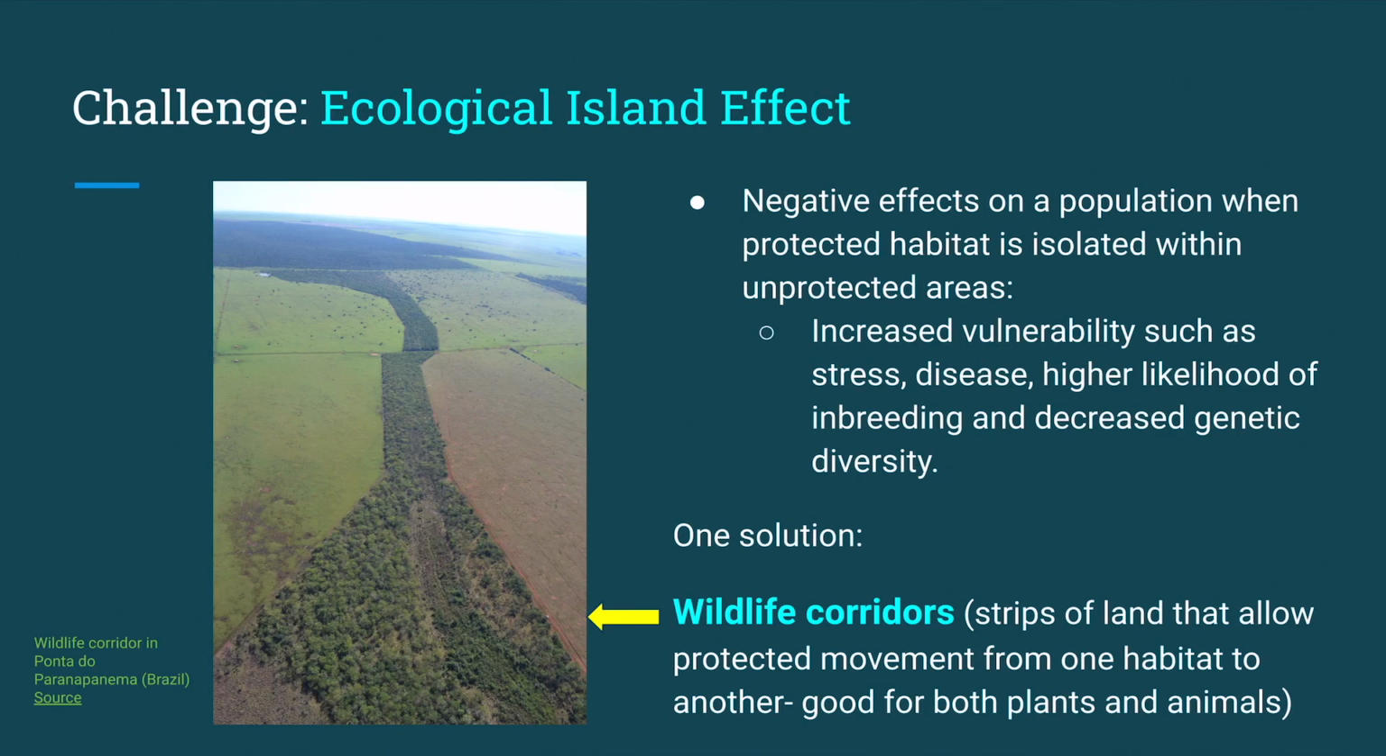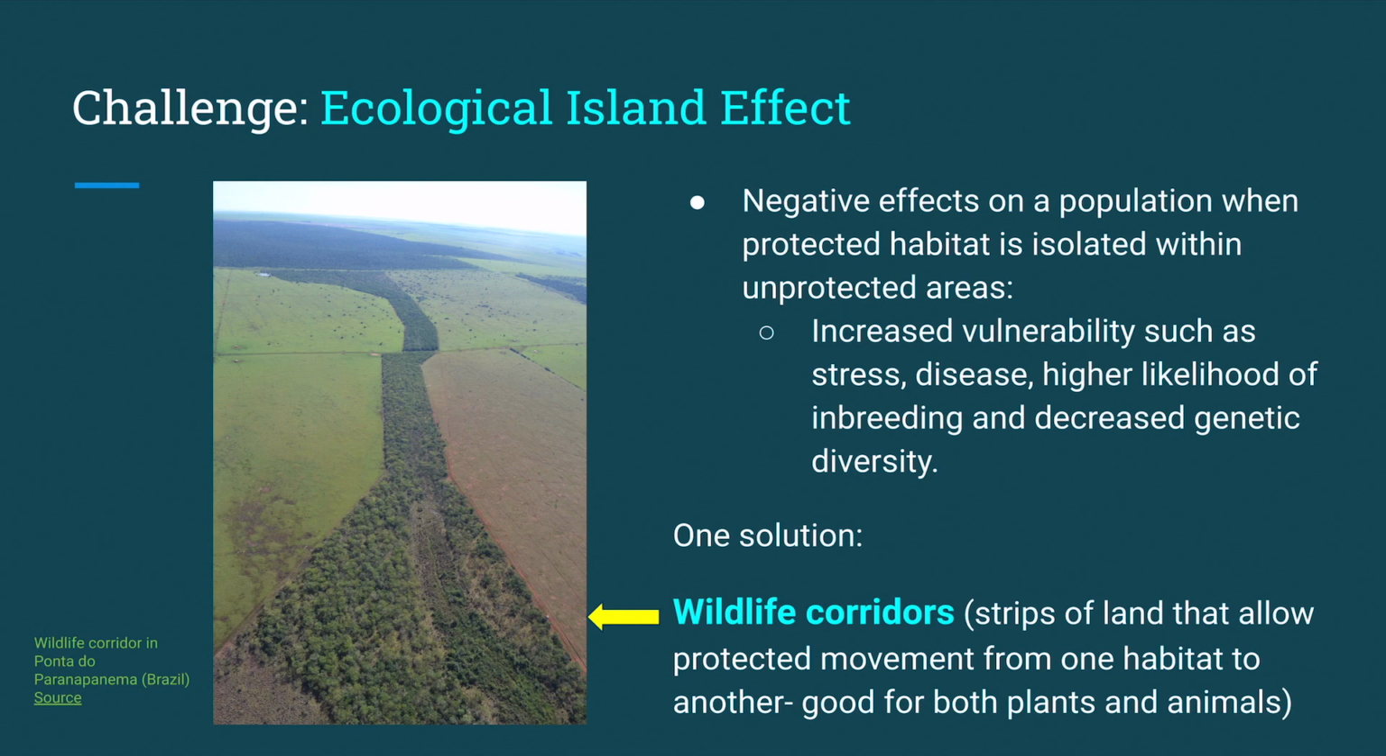One challenge is known as the ecological island effect. And this refers to the vulnerability of species that are in an isolated protected area surrounded by unprotected areas. The ecological island effect can lead to things like increased stress, disease, and higher likelihood of inbreeding and reducing genetic diversity. So you have these little patches where the wildlife are protected, but they're small and they're kind of isolated